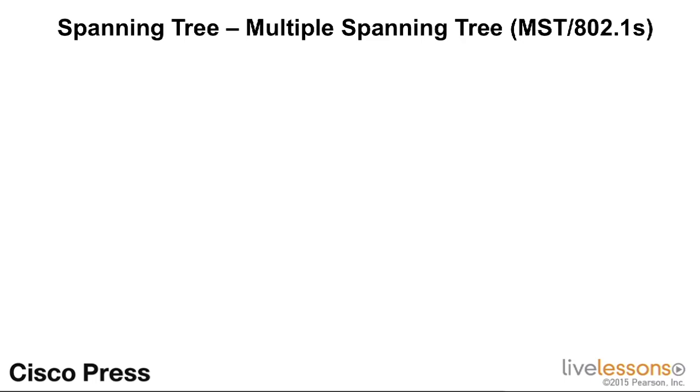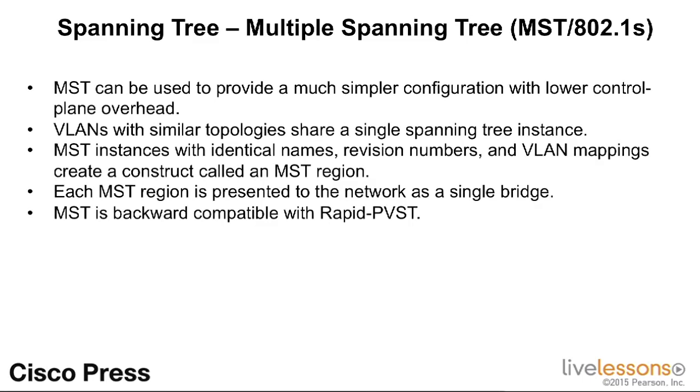Next, we're going to cover multiple spanning tree, or MST, or 802.1s. In large layer 2 environments, MST can be used to provide a much simpler configuration with lower control plane overhead than rapid PVST. When MST is leveraged, VLANs with similar topologies share a single spanning tree instance. This lowers the control plane load because we don't have to track control plane for every individual VLAN like we